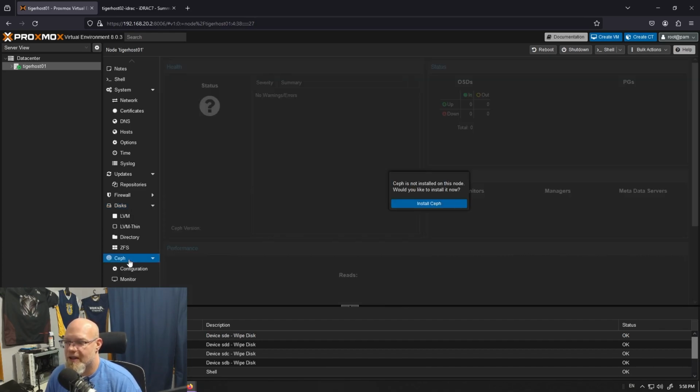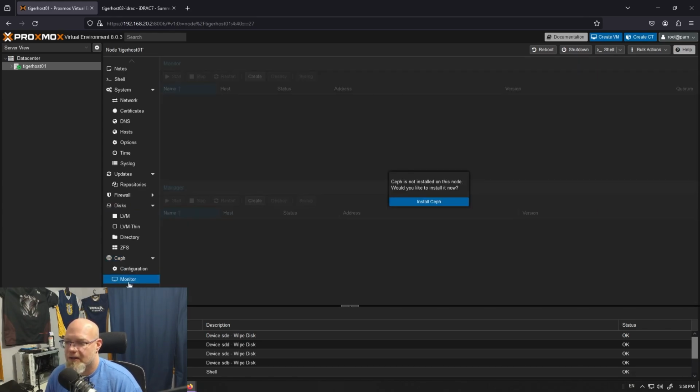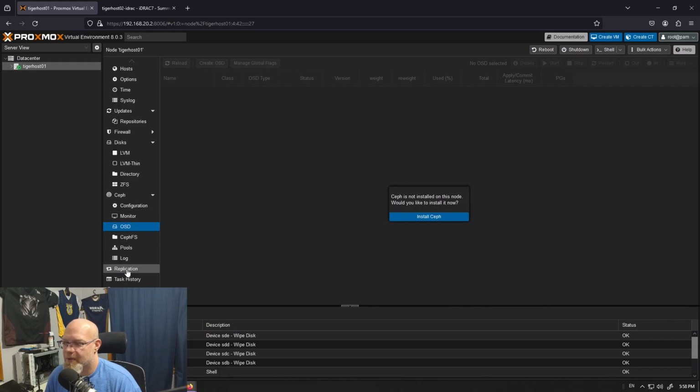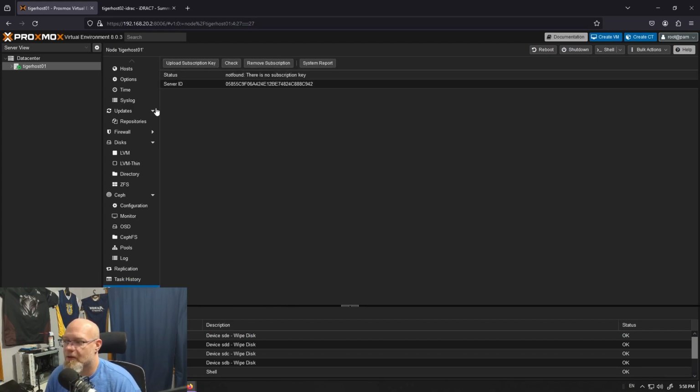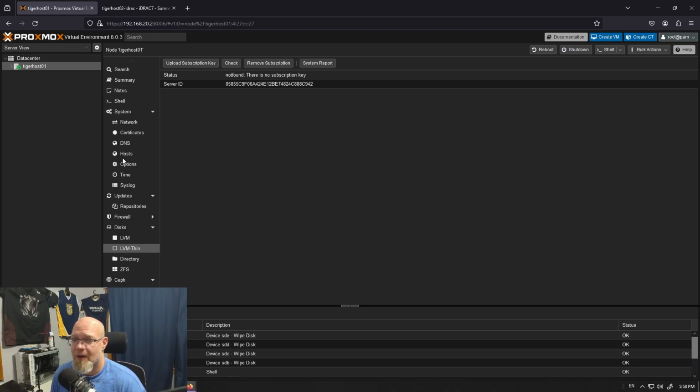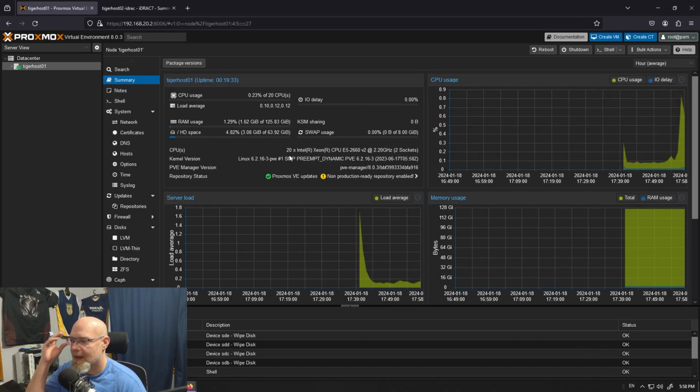Ceph, this is where the Ceph area is. I'm not going to install that right now. Monitor, this is all for Ceph, every bit of this. Replication again. Task history, so you can see what you've been working on. And then, hey, here's your fake key. Here's where you put your real key if you get a subscription. Subscriptions are cheap. Highly recommend it. And that's it. That is the basic